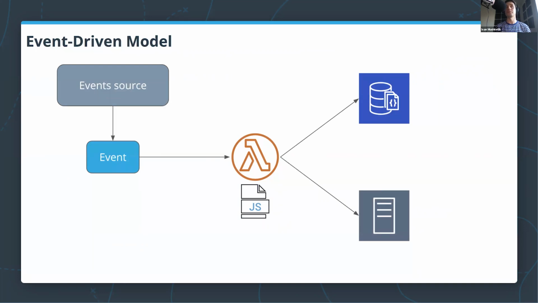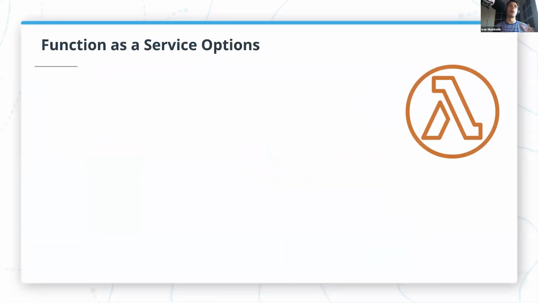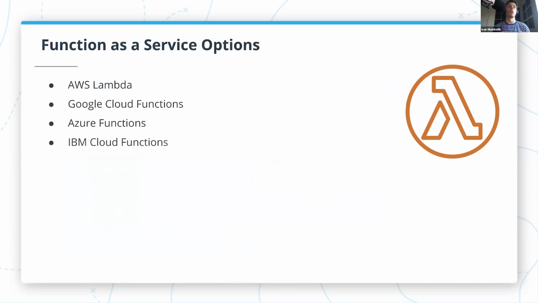Now, there are many options for function as a service. The first one was AWS Lambda, which is the most popular function as a service option as of today. But other cloud providers have also implemented similar services, such as Google Cloud Functions from Google, Azure Functions from Microsoft, IBM Cloud Functions from IBM, and there are also a lot of other providers. And you can also use what is known as on-premise serverless options. So you can run your own data center, but have a serverless-like experience when you deploy your applications.